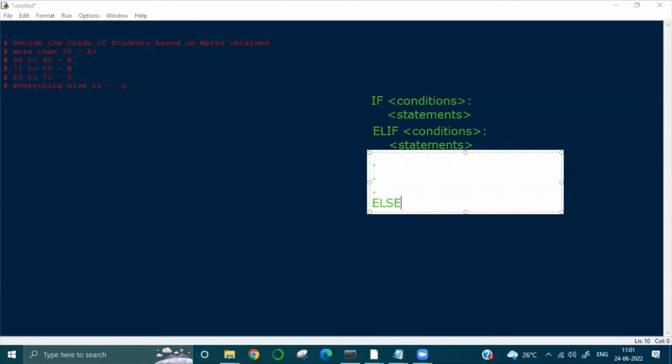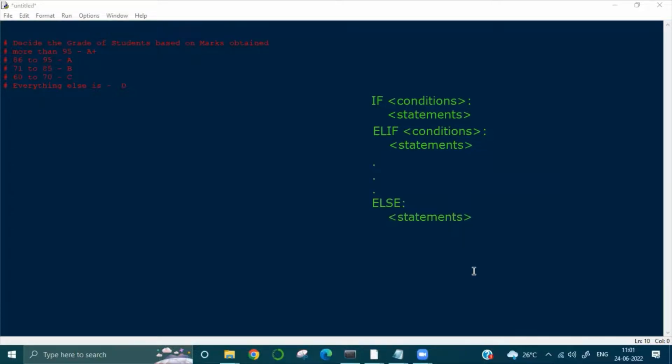And finally, in the end, you have to have else. So if none of the conditions are true, then your else will be executed. This is called an if elif ladder, or if else if ladder. You can have multiple elif, no problem, based on requirement. So here in this program,